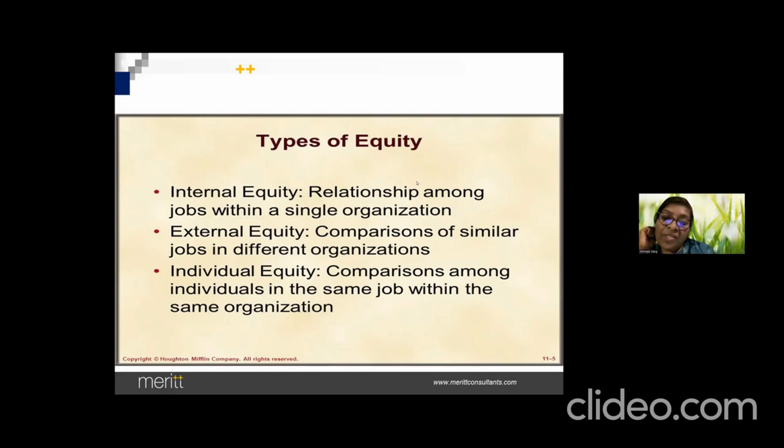Yeah, you can't take informed decisions unless and until you know what it is, so that you are also able to give that much of annual increments, because there are so many things. You have actually taken people at a much lesser salary, and now the market has gone up, and you are taking new people for the same jobs at a higher salary. So there is something we call salary compression. So how are you going to take note of that, right? All this can be done only when you have data and you have to do a market survey.